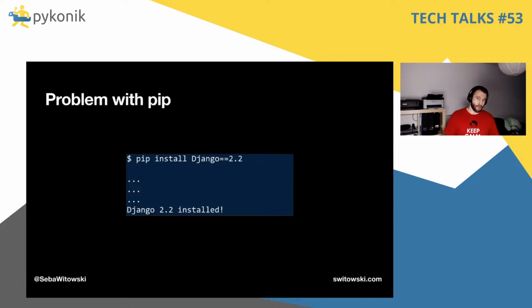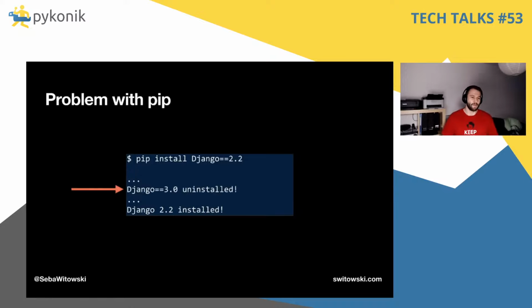Pip does what you asked for, and after a few seconds, you start working on your client's website using Django 2.2. So far, so good. But later that day, you discover a bug on your personal website, the one that you created with Django 3. You quickly fix the code, but when you want to test that it's working correctly, you get an error message saying Django 3 is not installed. I mean, we just installed it like a few days ago.